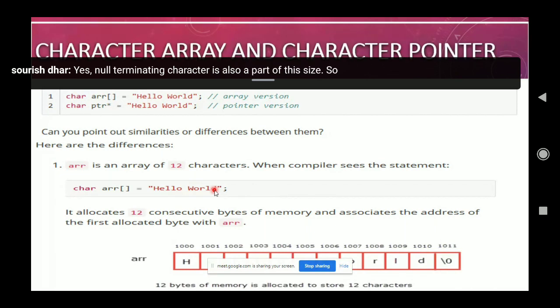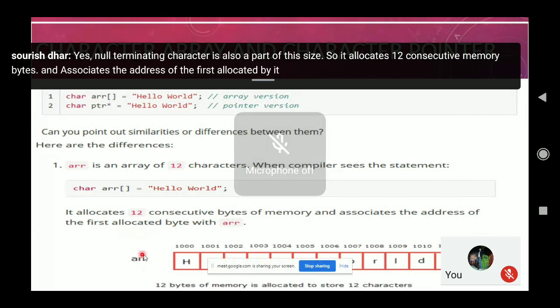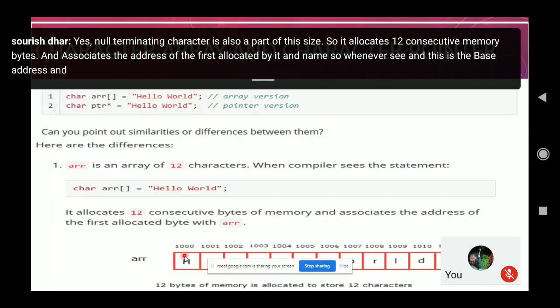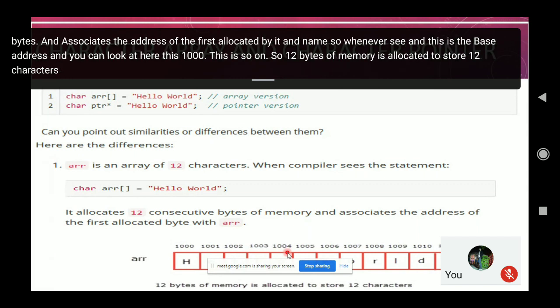So it allocates 12 consecutive memory bytes and associates the address of the first allocated byte with the name. So whenever I say the name, this is the base address. And you can look here, this is 1000, this 1001, 1002 and so on. So 12 bytes of memory are allocated to store 12 characters, including \0.